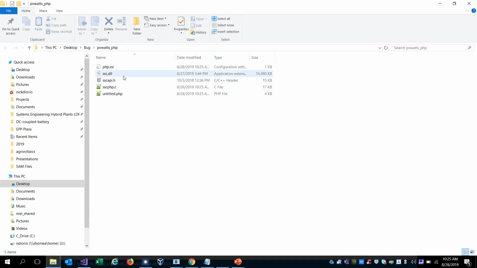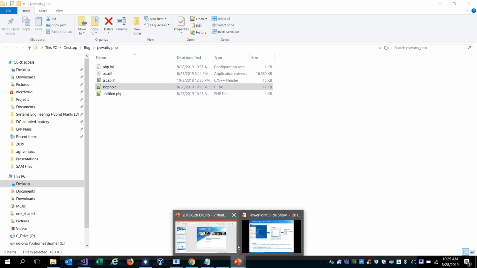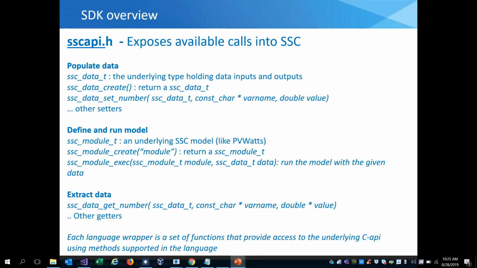And then in this folder will be the DLL that you need to include in your project, as well as the PHP code. So if I go back to the slides,